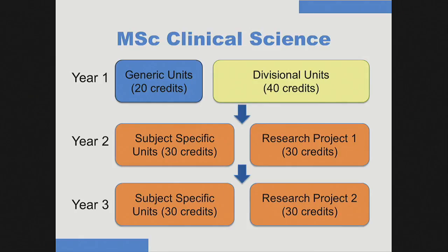All of the clinical science programs follow a similar pathway. In year 1, you will study 60 credits of material. 20 of those credits are generic material, 40 are divisional. So if we go back to the example of cellular sciences, if you do get a place on the reproductive